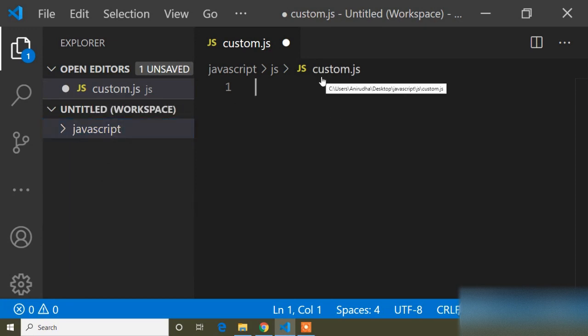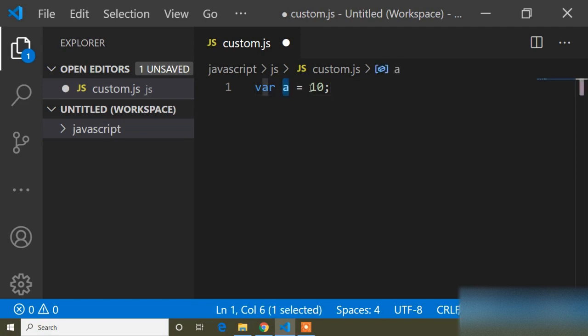So first of all guys, I will tell you, before ECMAScript 6 came, we declared variables like this. So the keyword was var, and now the variable name. You can write any name for the variable as per your choice. And now here I will store a value 10. So what is a variable? A variable is a container where you can store different types of values. So now A is the container, and here I have stored 10.